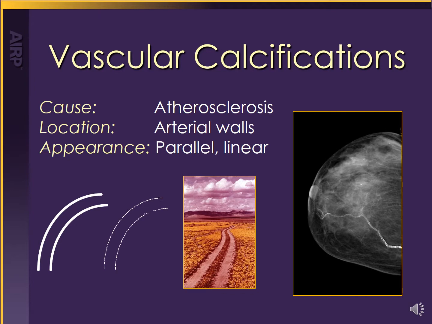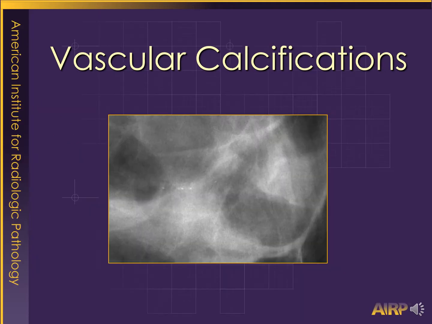Vascular calcifications are usually pretty obvious, right? You've got that long winding road of parallel train track type calcifications. However, when vascular calcifications are early, particularly in a dense breast, they could be really hard. So do you see these little fine calcifications in that linear distribution? Now in this case, you can kind of make out that it looks like there's another wall nearby, implying they're